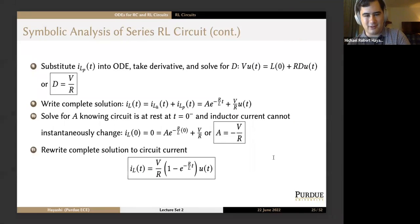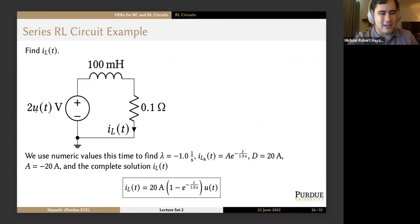Oh, I guess I do have a numerical example I'll go through. So let's say our input is 2 u of t volts. We have a 100 millihenry inductor, and we have a 0.1 ohm resistor. Find lambda is equal to negative R over L, and you'll get negative 1.0 units of 1 over seconds. Rewriting it with numbers divided instead of numbers multiplied, we get the homogeneous solution is A times e to the negative t over 1.0 seconds. And we get that D is going to be equal to 20 amps,